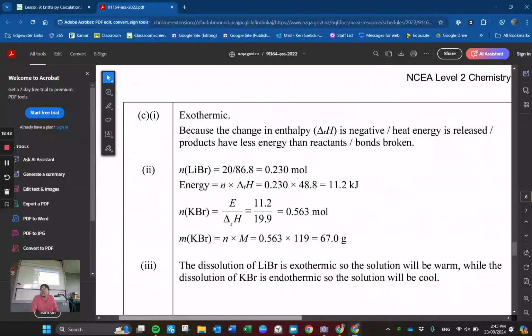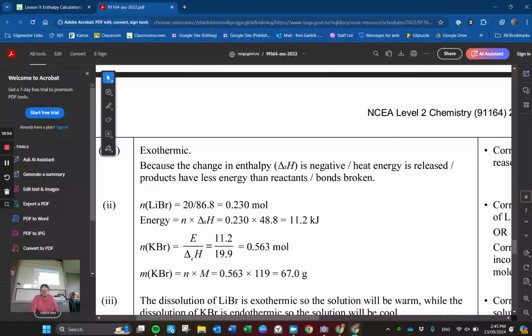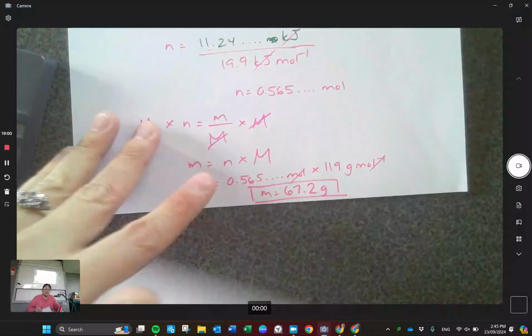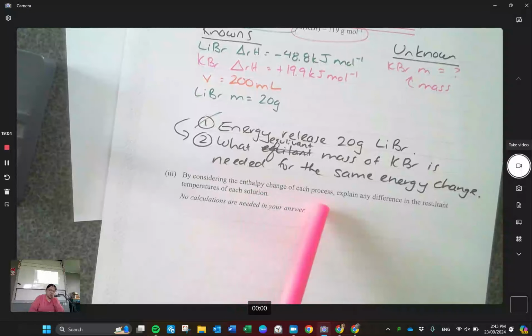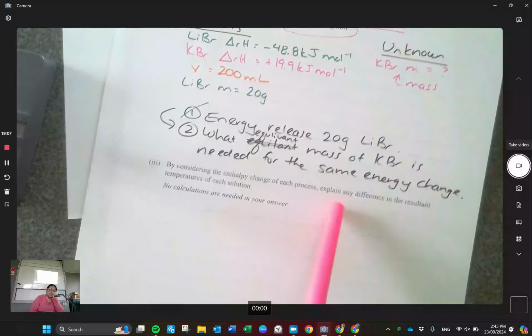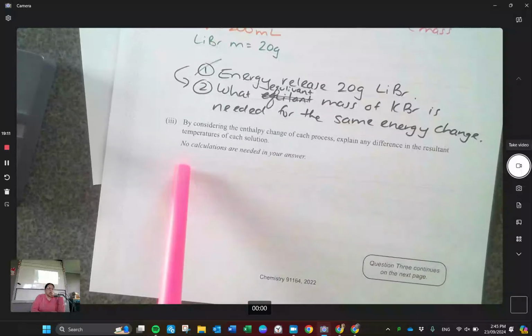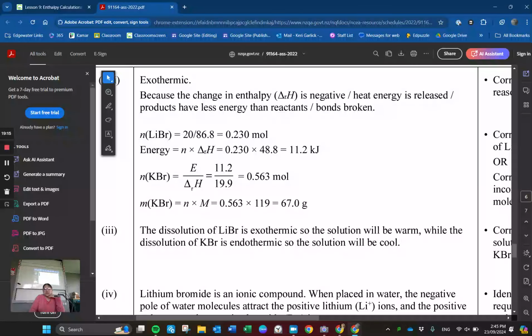So it should hopefully be a fairly straightforward excellence point because there's no justification to it. That one's just talking about exothermic. And then this last one here, which I'll just show you guys the question so you're aware of it. It says, by considering the enthalpy change of each process, explain any difference in the resultant temperatures of each solution. No calculations are needed for your answer. So in this case, all they're asking about is,